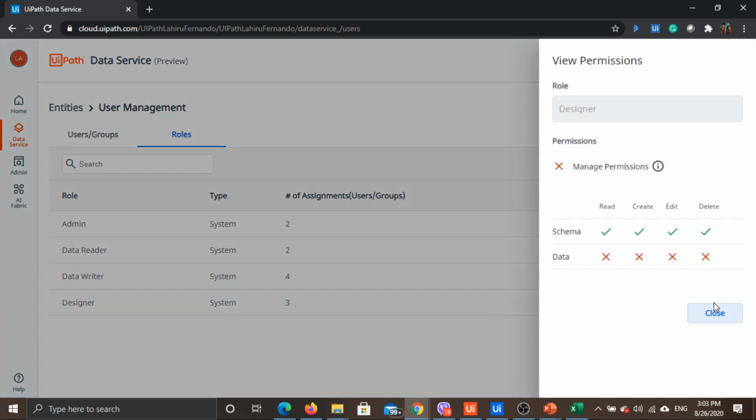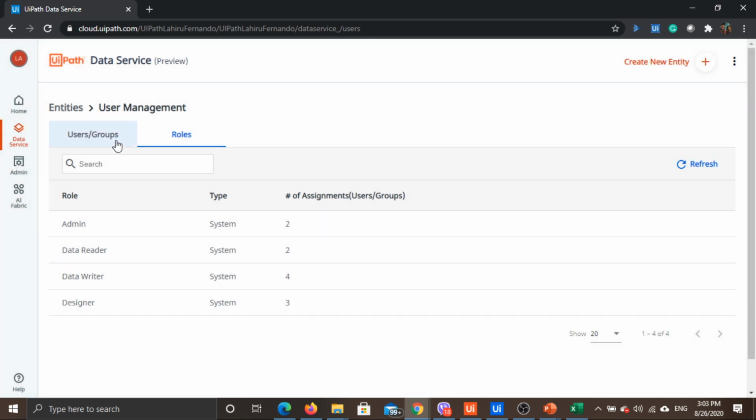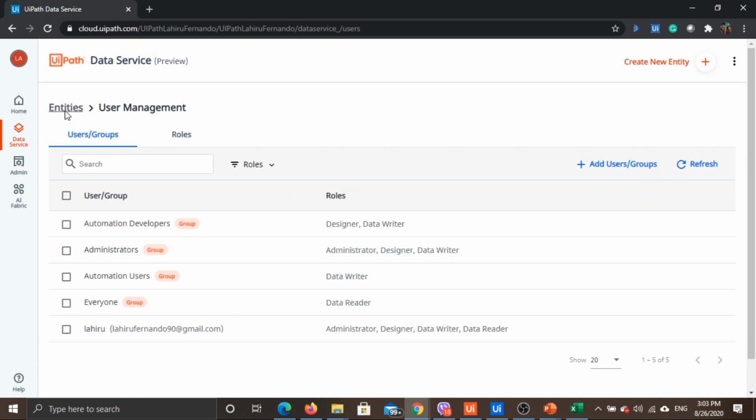Likewise, if you check the designer will have no access to the data, but he will have all the access needed to design or create, edit, delete the data schemas basically. So depending on your requirement, you can assign the different users and user roles for the user. So getting back to the entity screen,